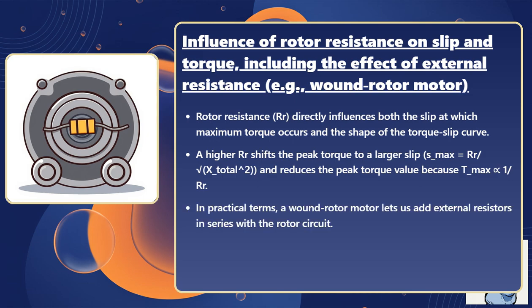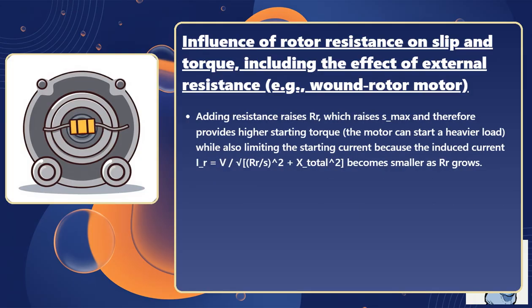In practical terms, a wound rotor motor lets us add external resistors in series with the rotor circuit. Adding resistance raises RR, which raises Smax and therefore provides higher starting torque. The motor can start a heavier load, while also limiting the starting current, because the induced current IR equals V divided by the square root of (RR over S) squared plus X total squared,